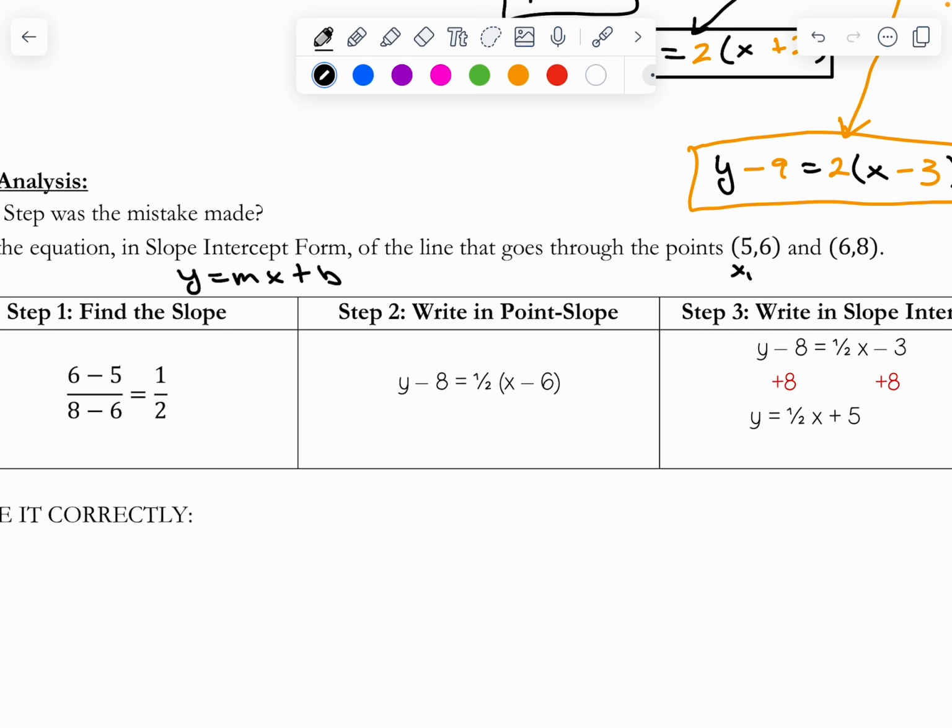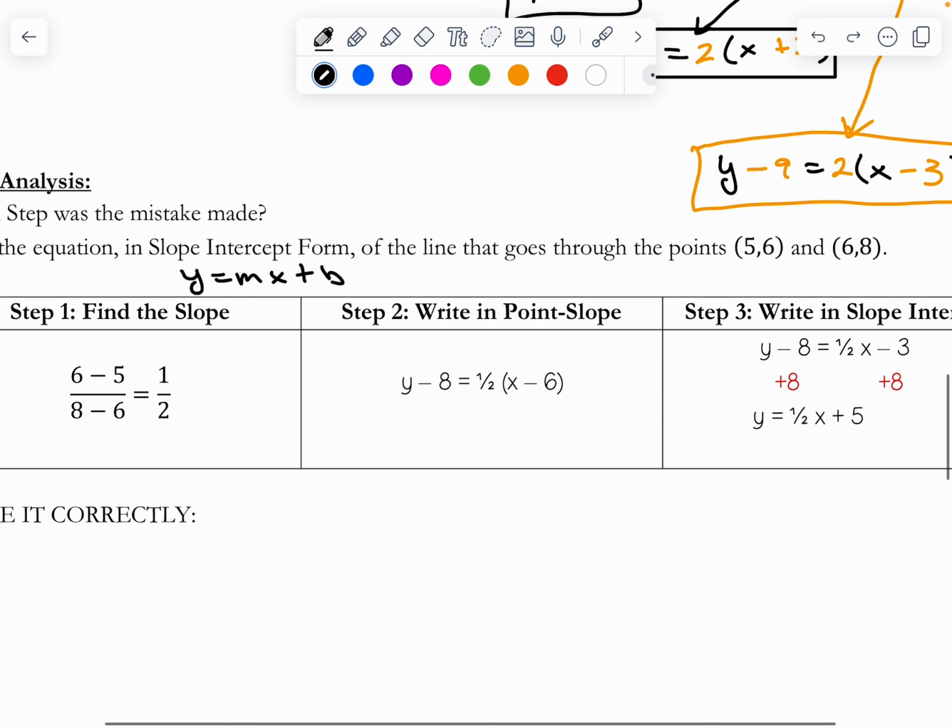This is my X1. Actually, let's not mark this. If you see, some of you guys probably already caught it before me, because I was expecting the mistake to be somewhere here, right? But this is a good lesson, because sometimes the mistakes happen right in the beginning and we don't even notice them. So it looks like they used 5 comma 6,